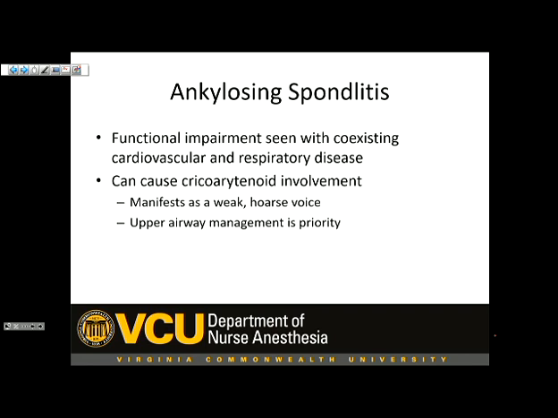Again, mixed bag. You really have to assess these patients individually. What is the significance of the pulmonary and the restrictive component of their disorder? It's the gamut, from relatively mild to quite severe. In a person who may have cricoarytenoid involvement, you will often do a good airway assessment. This is a person you would want to assess the quality of their vocal quality, and then again, upper airway